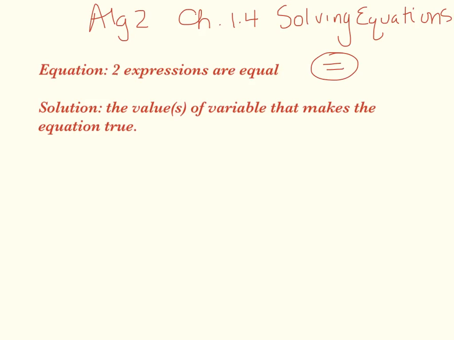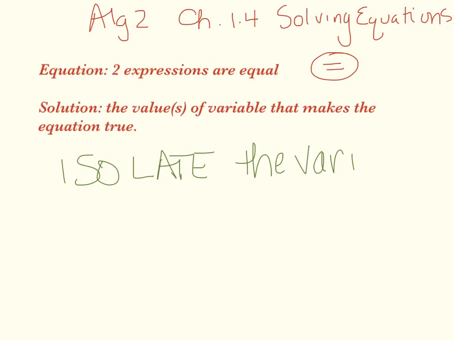Alright, so let's talk about how we solve things. The whole trick to solving things, of course, is to isolate the variable. Okay, so if we only have one variable, we're going to isolate that variable. And you're going to hear me use that word isolate over and over again. For those non-English speakers, isolate, of course, is, get it all by itself, okay? And the way we isolate things is by undoing,